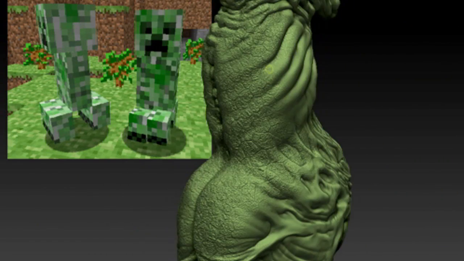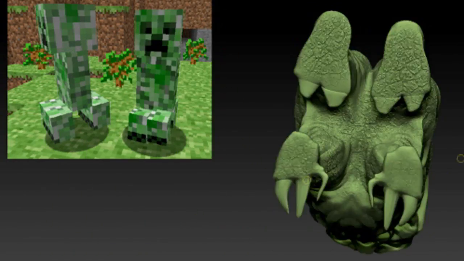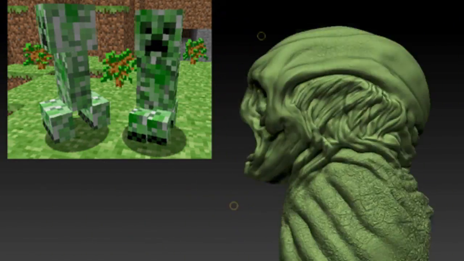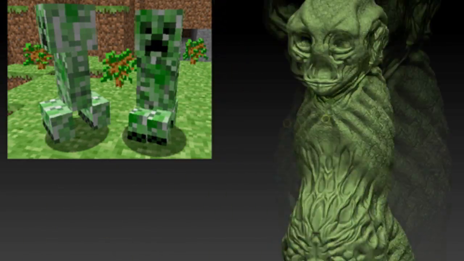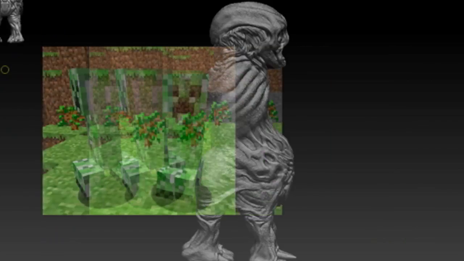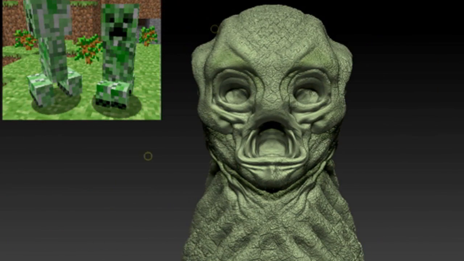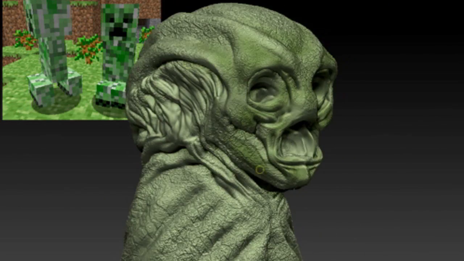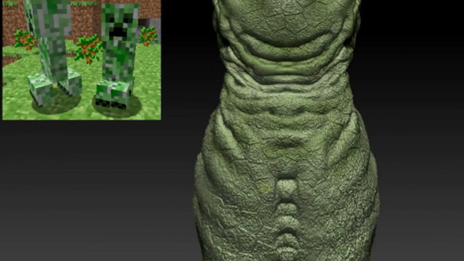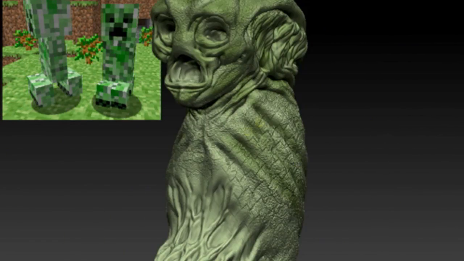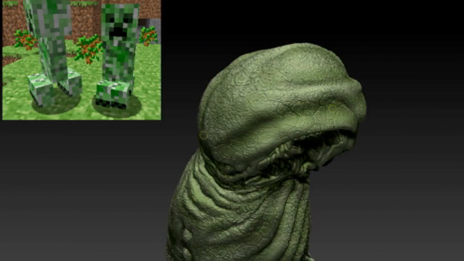And now this is the texture stage. I increased my subdivision. You should always have a good subdivision level when you're about to do textures, because it's on the polys pretty much. So yeah, I pretty much used reptile skin, and I pretty much stamped it on there. As you can see, the texturing stage was a bit fast because it takes no skill to stamp texture into something. But here's the color stage.